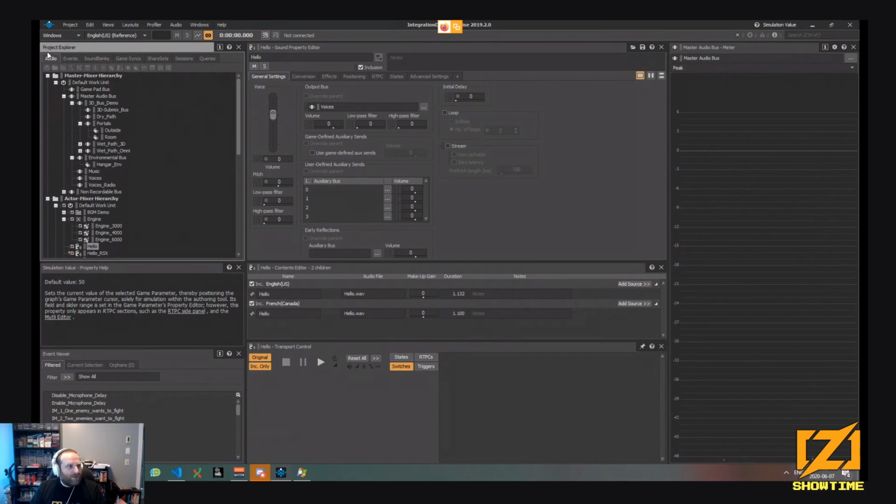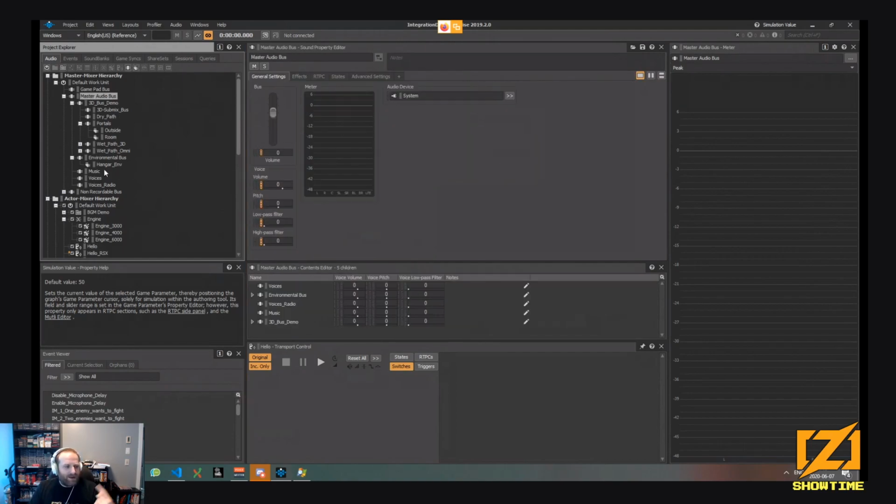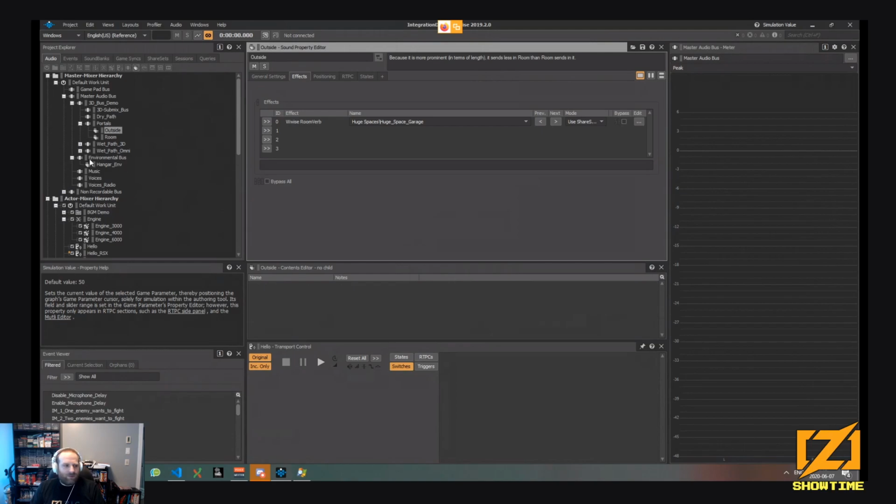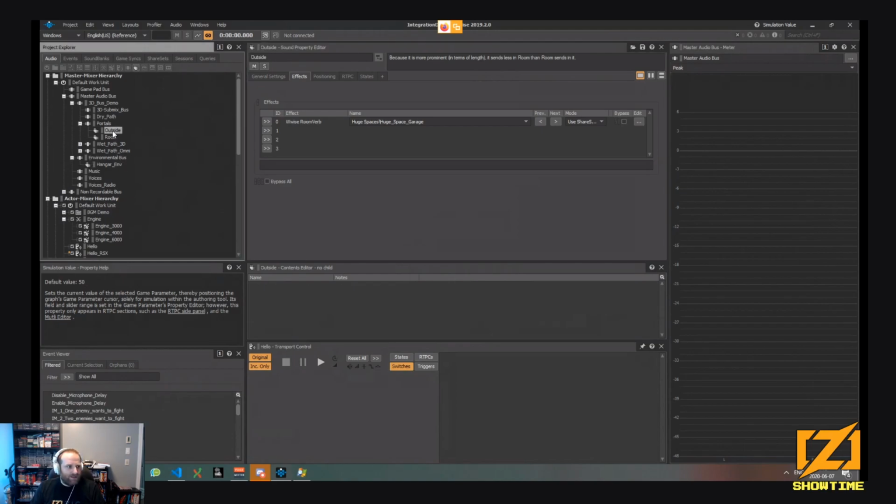This is the creation tool. We have the audio, which is where you place your sounds, and your buses. A bus is, let's say, a virtual output channel. We have the master bus, and you can set the volume of the bus. You can have sub buses, for instance, music, so if you want to control your music independently from the SFX, you can do that. Inside the buses, you can also have auxiliary effects, for example a room reverb, to give more depth to the space.